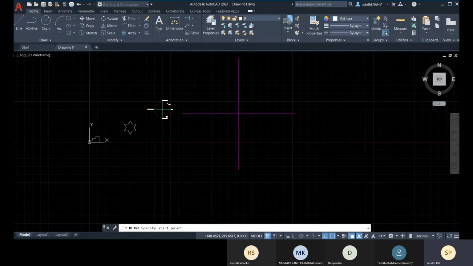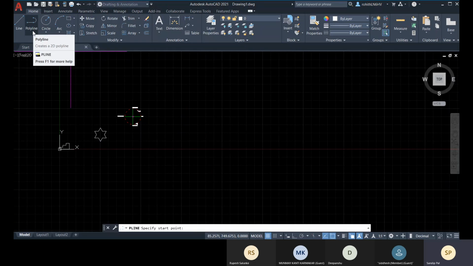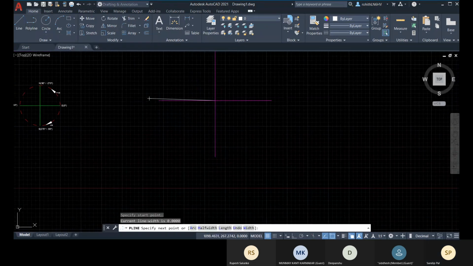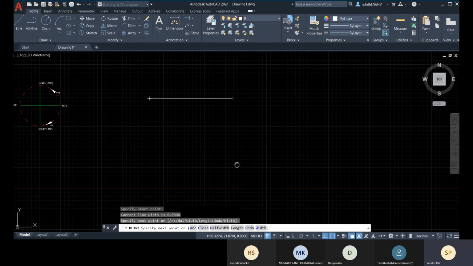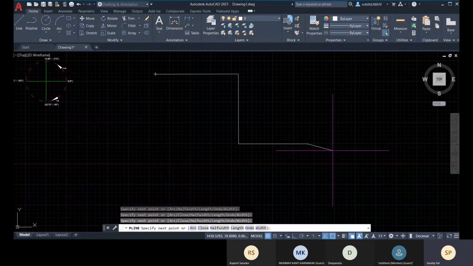Within the segment you can create arc, you can provide line thickness, you can provide line width within the polyline. So let me cover this polyline right now. If you are continuing your segments, it will create one single element.